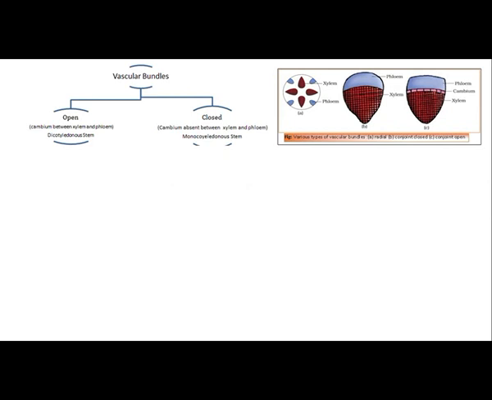So now in dicot stem, cambium is present, a type of meristem. Cambium is present in between the xylem and phloem, and it is called the open vascular bundle. So remember that whenever cambium is present in between the xylem and phloem, it is called the open vascular bundle. Whereas in case of monocot, the cambium is absent in between the xylem and phloem, and this type of vascular bundle is called the closed vascular bundle. Whereas in case of roots, the xylem and phloem are arranged in a radius, and it is called the radial vascular bundle.